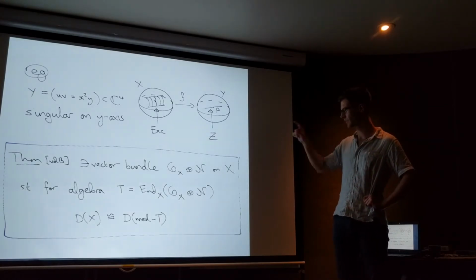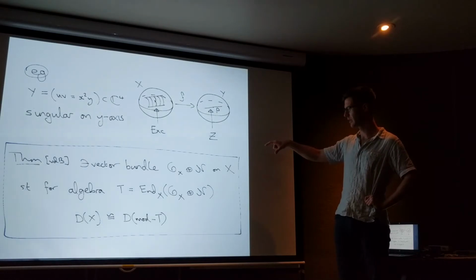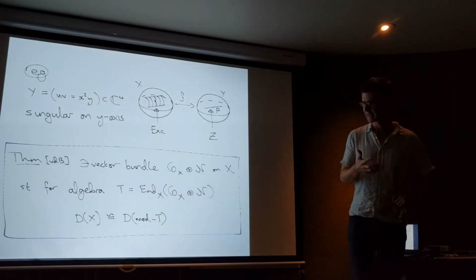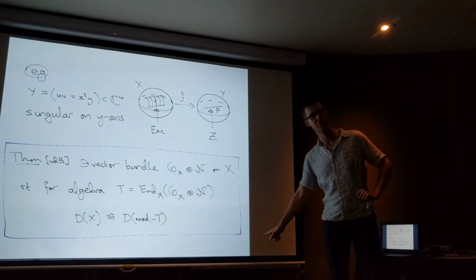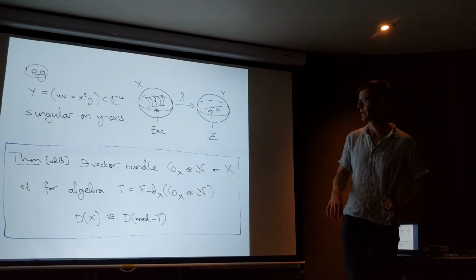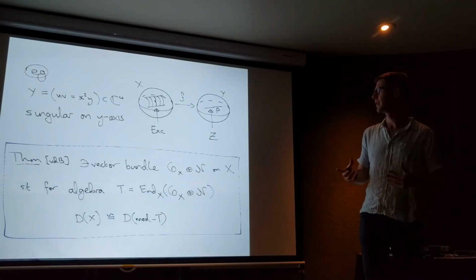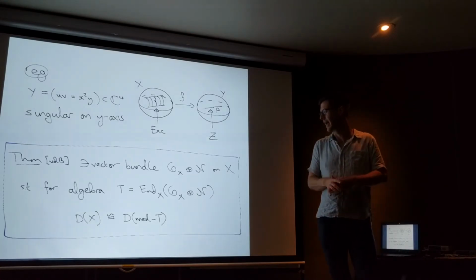So what's the statement? I have a vector bundle OX plus N, and if I look at the endomorphism algebra of that one, then modules over that are derived equivalent to X. So this bundle clearly catches a lot of the geometry,